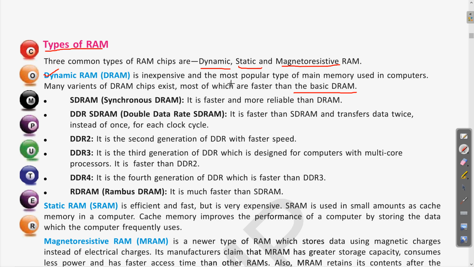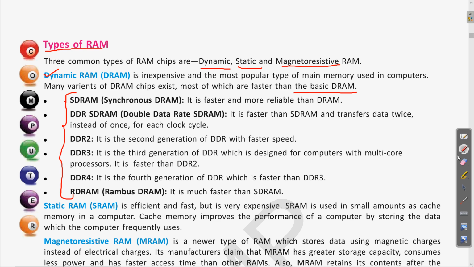But now these dynamic RAMs have different variations, as you can see here. Clear? These variations are the types which are faster than the dynamic RAM. Actually, when there is some technological advancement, we design a few other forms of these devices so that we can have better processing speed and more data can be accommodated. Clear? Because of these reasons we design new forms of these RAM or various other electronic equipment. I hope this is clear.